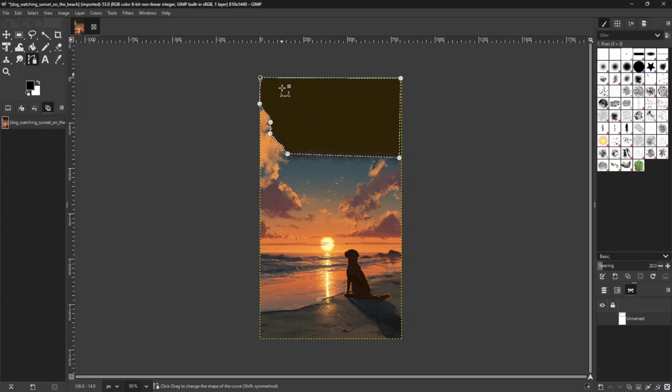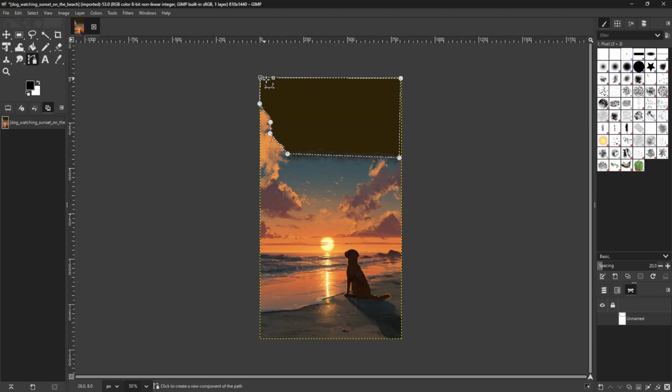To turn your path into a visible outline, you'll need to right-click on the path within the Paths dialog. Choose the option Stroke Path. This command allows you to define how you want the actual tracing to appear on your image. You'll then be prompted to choose either stroke line or use a paint tool option from the settings. Select your preferred method and click on Stroke to apply the outline along that path you created.